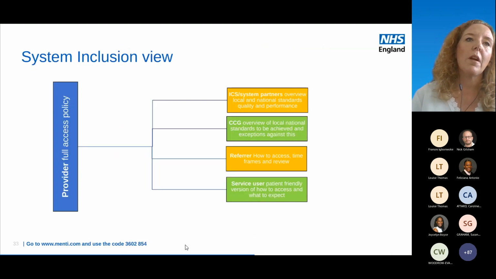So in order for the policy to be actualised, it's recognised that there needs to be an understanding of access and service delivery across all levels of the system, from those referring into the service, so for example GPs, service users, voluntary sector organisations, those delivering the service, so clinicians, administrators, operational managers, users of the service, and those with oversight responsibilities of the service, so for example boards, CCGs,